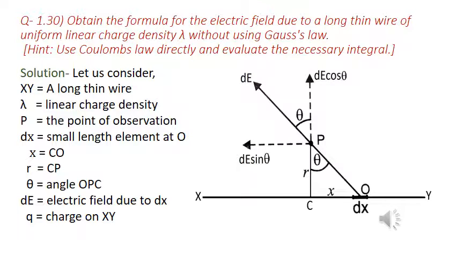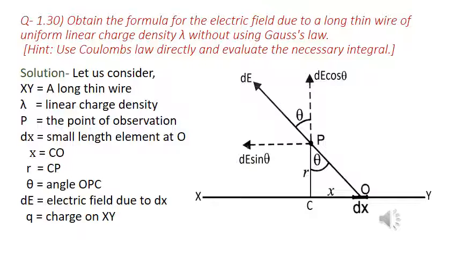Question 1.30. Obtain the formula for electric field intensity due to a long thin wire of uniform linear charge density lambda without using Gauss law. Hint: use Coulomb's law directly and evaluate the necessary integral. In this question, we have to obtain the expression of electric field intensity near the charged wire